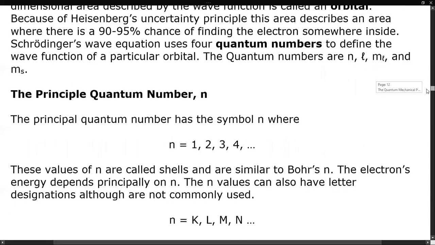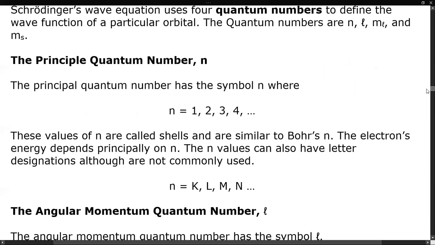So let's look at the principal quantum number n. It's similar in meaning to the n in Bohr's model, but just like in Bohr's model, n could be 1, 2, 3, 4. That's the shell. Sometimes the n could be K, L, M, and N shells, but we're not going to mess with that too much for this course. We'll save that for a more advanced course than this.